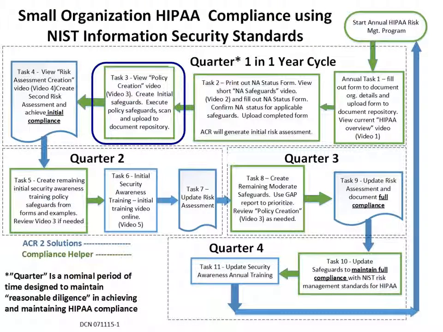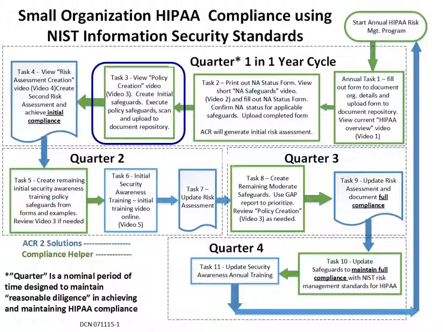HIPAA security rule compliance using the NIST standards is a cyclical process. The overall cycle of 11 tasks is shown here. For convenience, the more or less annual cycle has been divided into 4 quarters. A given set of tasks may take more or less time than this, depending on the complexity of the situation